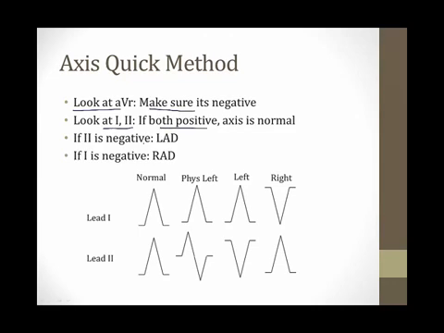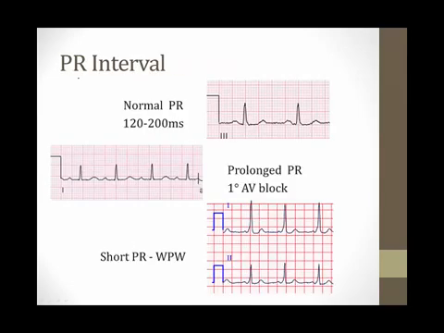If lead 2 is negative, you have left axis deviation, and if lead 1 is negative, you have right axis deviation. And I've shown you the shapes of all these on the screen here so you can remember them. I'll finish this module by going through the different time intervals in the surface EKG, and I'll start with the